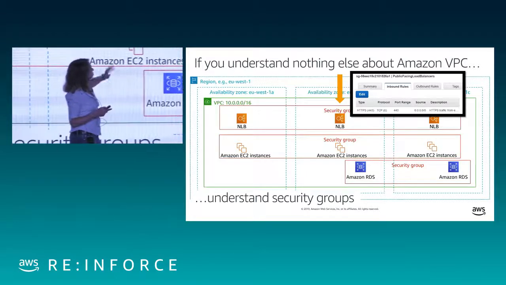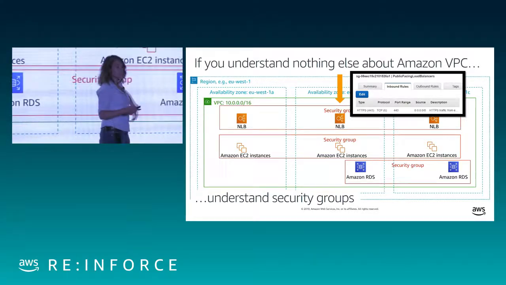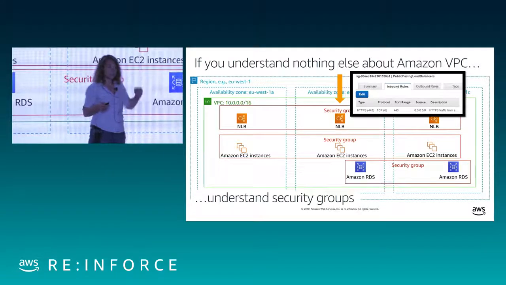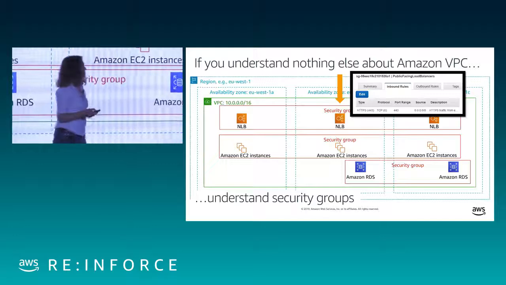HTTPS port 443. I have this open to the world, 0.0.0.0/0. That's exactly my intention. I don't have other ports open, but I do have it open to the world. So the group that my load balancer's in, that's how it looks.